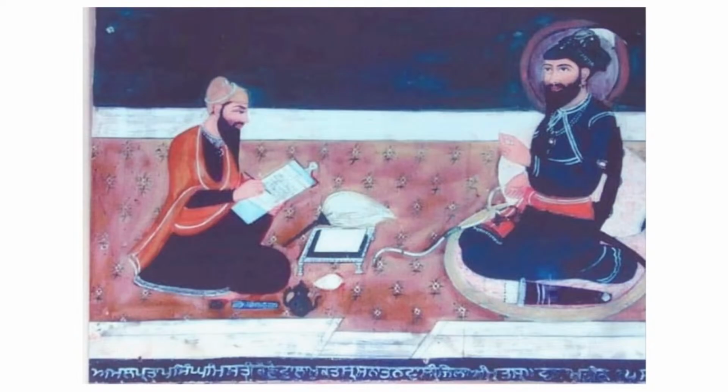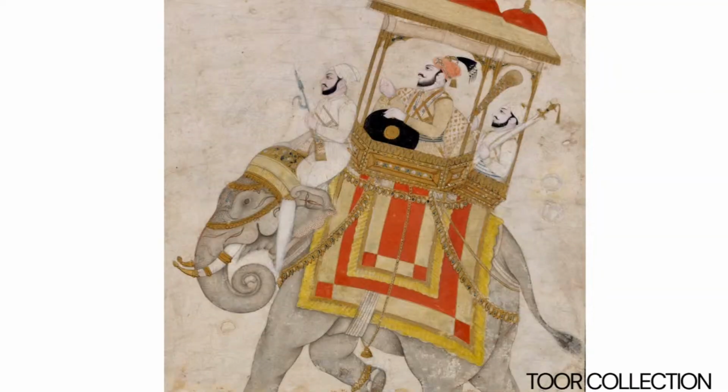And this is another picture that has actually very recently been discovered by me anyways. It's in the Tour collection. So Vinder Singh Tour, who did the Maharaj Ranjit Singh exhibition at the Wallace Collection, owns this image of Guru Gobind Singh Ji with a dhal, with a shield that actually has historical accuracy. We have that shield.